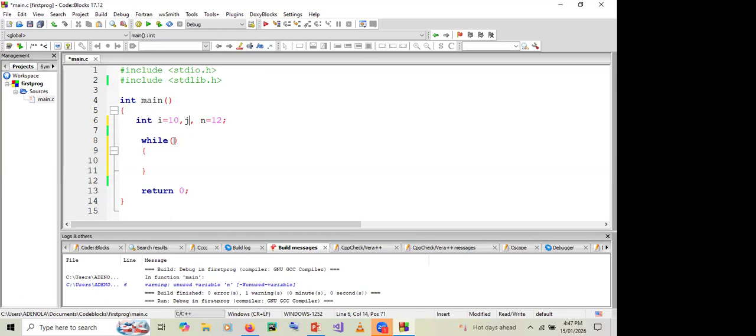I can say while i is greater than 0. I want to start from 10, and I should decrement to 0. So while i is greater than or equal to 0,